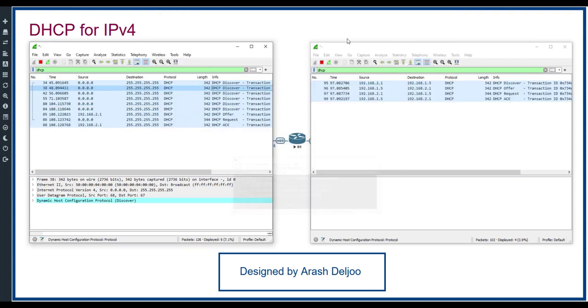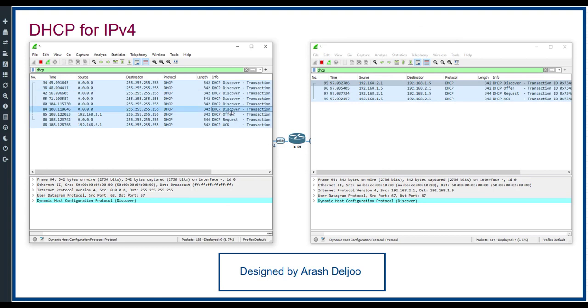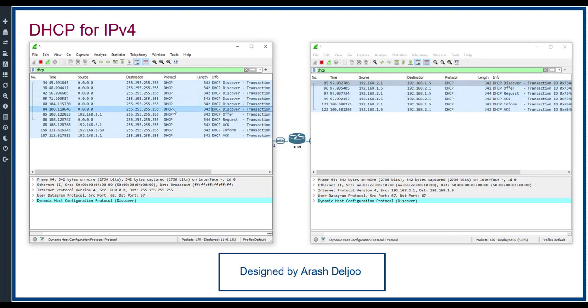That's it. After some seconds, now when we have DHCP discovery, as you can see, the DHCP discovery is forwarded with unicast to the DHCP server from 192.168.2.1 to 192.168.1.5. Again, when the DHCP server sent its DHCP offer with the source of 192.168.2.1